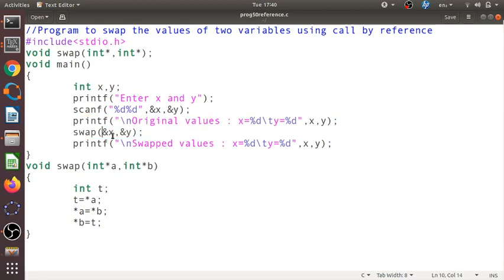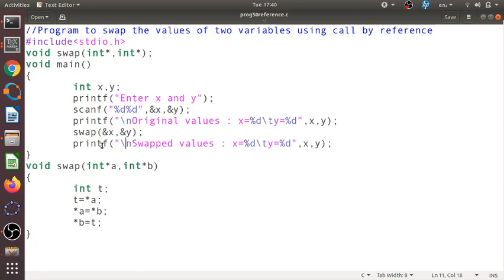Here please observe the difference. In the earlier programs we had just passed the values, like sum a comma b in finding the sum of two variables, or fact n. We have not written ampersand n. But here we are passing the address of the variable x. What is the address of x? It is ampersand x. In scanf percent d ampersand x, the value of x is stored in the memory location denoted by ampersand x. So we are passing the actual memory location of the actual parameters: swap ampersand x, ampersand y.